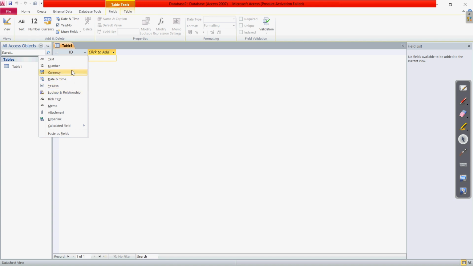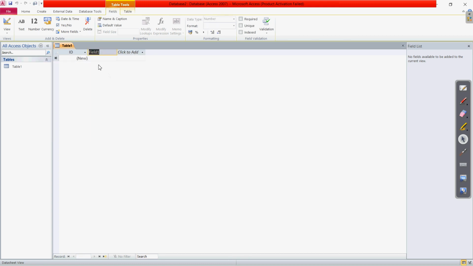Whatever the data type we want, suppose we are talking about the number or auto number, here you can see text, number, currency, date and time. So these are all appearing. If you want any number data type and whatever the name of the field you want, that can be written. So these were all we have discussed in the previous databases.